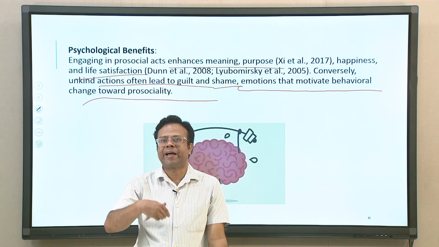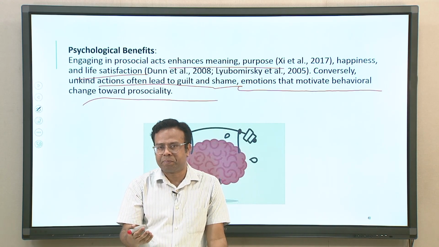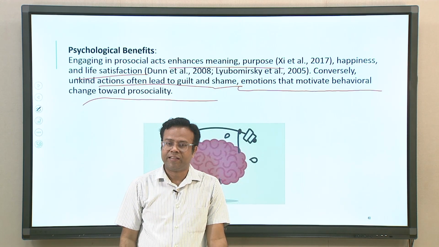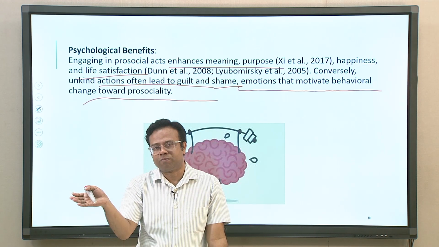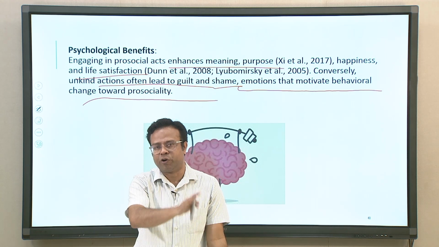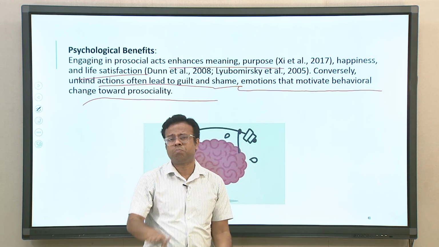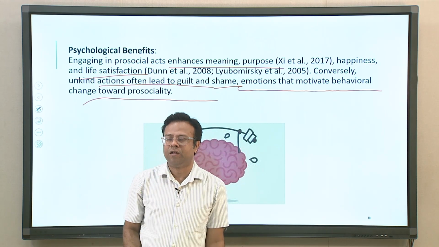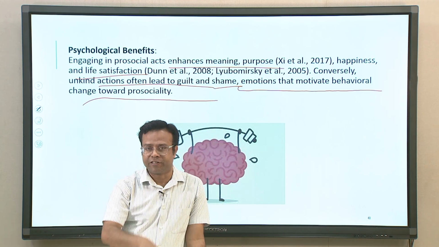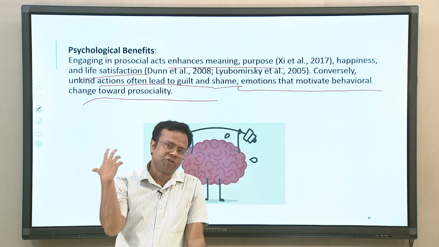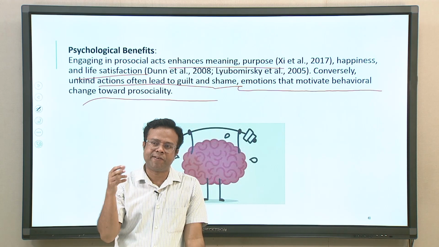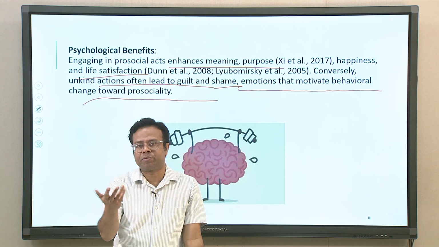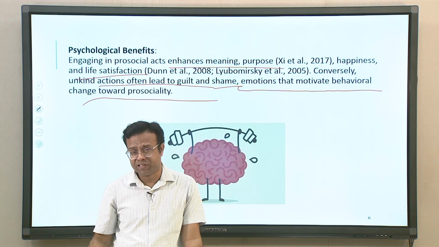On the other hand, when people engage in unkind behavior, many people, if they have normal developmental processes, may feel a lot of guilt and shame, which is the opposite aspect of well-being. Many times, because of this guilt, people also engage in prosocial behavior to remove that guilt. So, there are a lot of psychological benefits for prosocial behavior. That is why people engage in prosocial behavior, or why it matters, because it gives so many benefits. So, this is another reason.